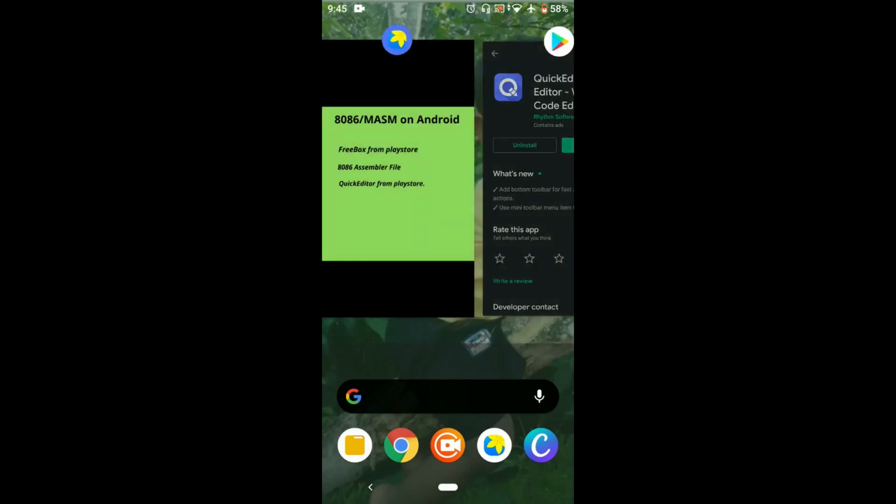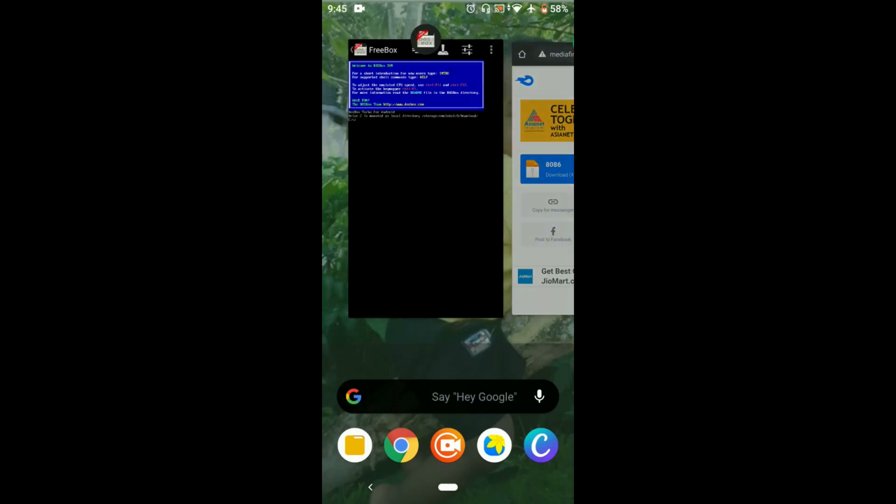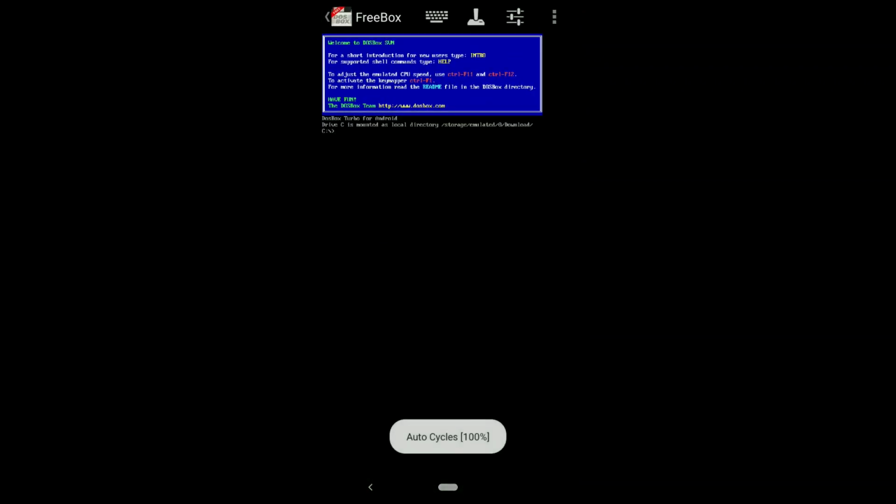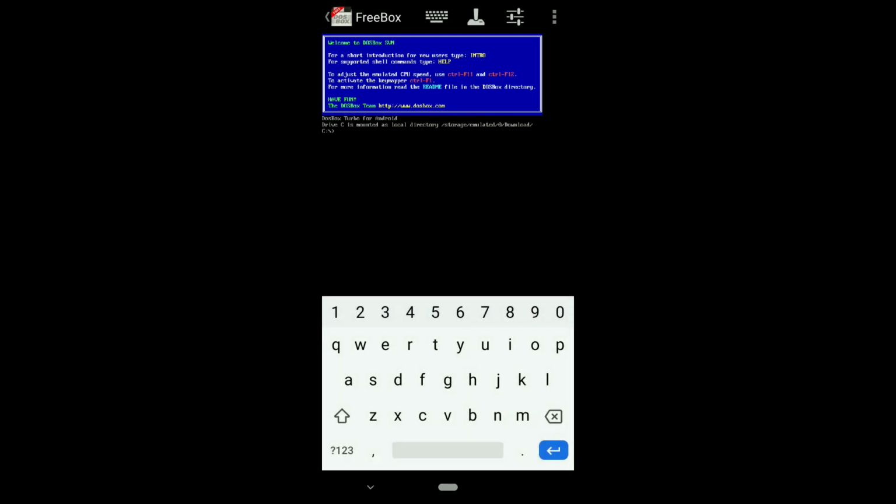Now open your FreeBox, select the keyboard, cd 8086. So you will direct the path to the 8086 folder. Inside the 8086 folder, we just save the program that we want, and I have already saved a program called test. So in order to run the program, first you need masm space test.asm. Okay,